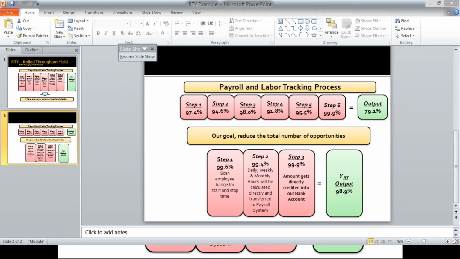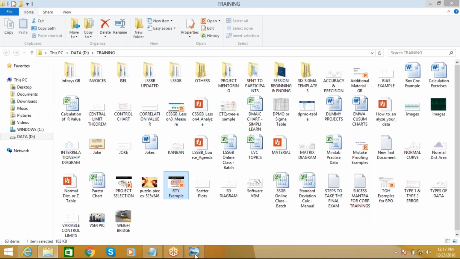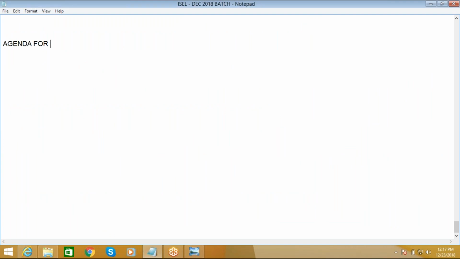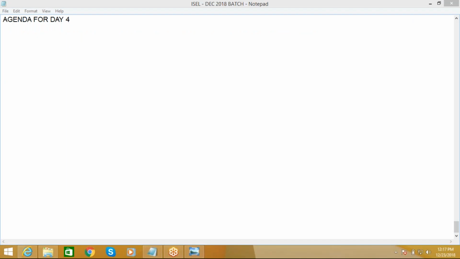last week, right? So today let's look at the agenda for day 4. Okay, so today, guys, first of all, I have a hard stop at 2 o'clock. So next week, I'm not sure whether you have been informed about the timings of the next week. Okay, so today we will just be doing the session for about 2 hours. I have a hard stop at 2 o'clock. And then next week, we'll be doing it from 12 to 3 next Sunday,